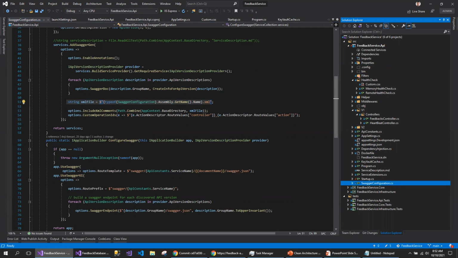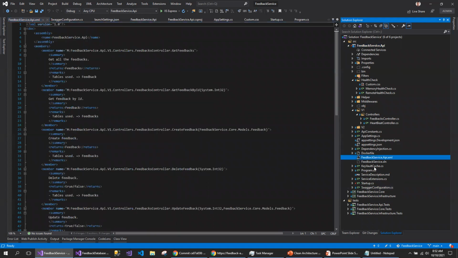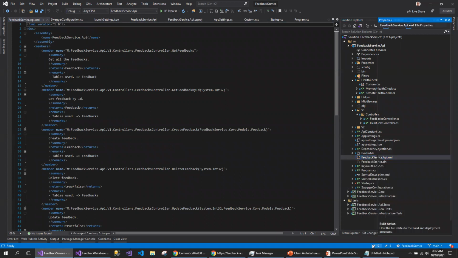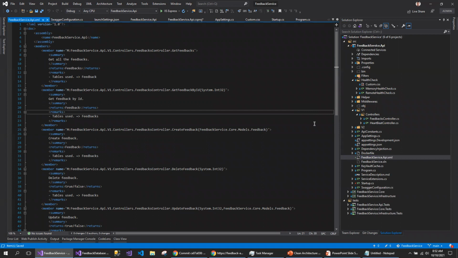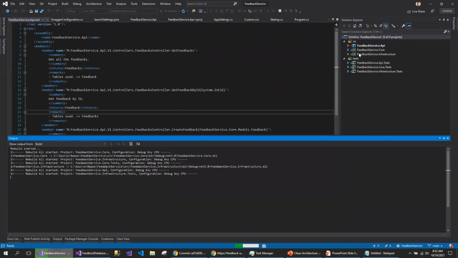Let me quickly go and get that file. That file is available under the bin folder. I'm going to copy that from the bin folder into here. In my other window, I have that file here. Let me include this in the project, so it is already included. Make sure that the file type is content. This is an XML file, so I will also say always copy, so that this is going to be part of the project when we are actually publishing. Let me rebuild and publish again.